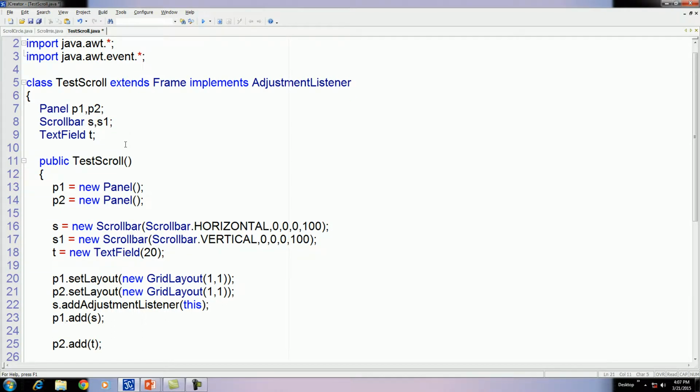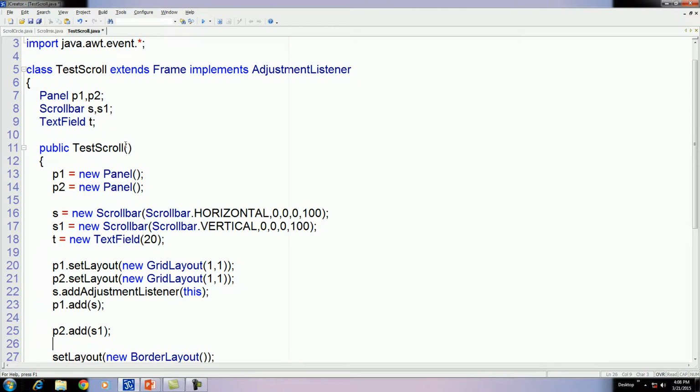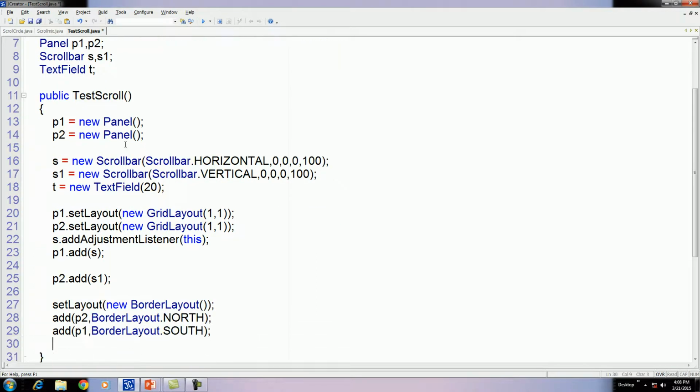Now we have to take, okay, here we have two panels, then add S and S1. Okay, now here how to place the text field.